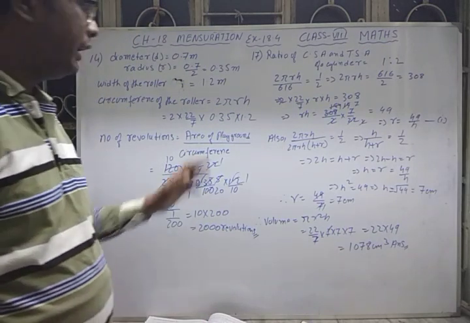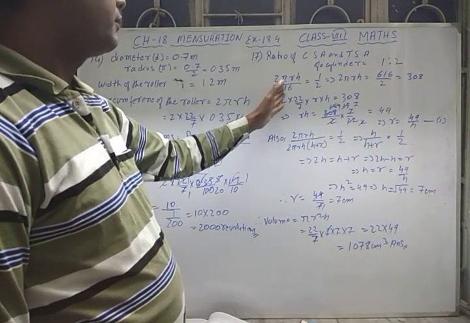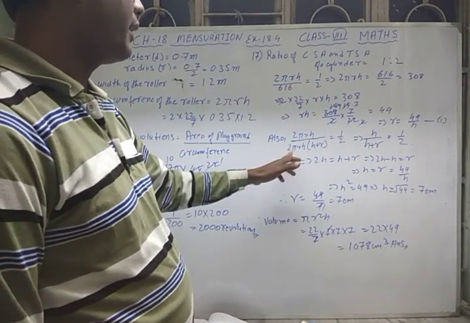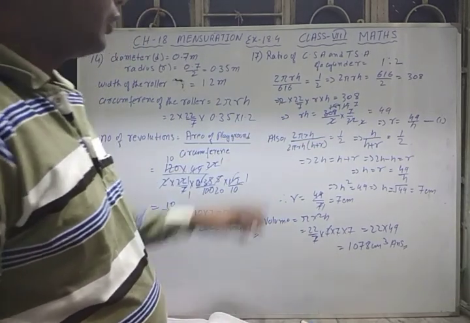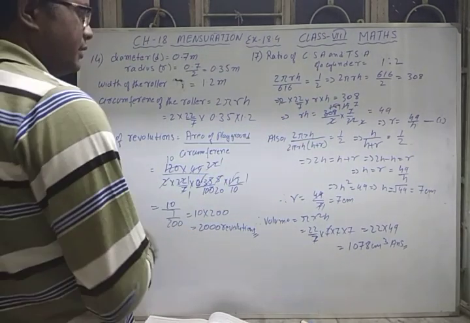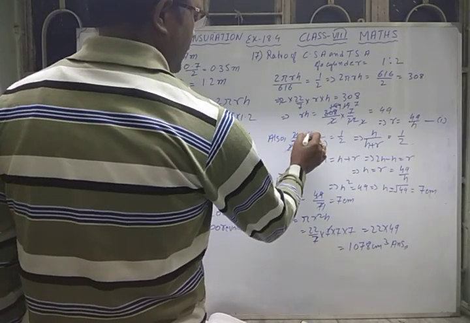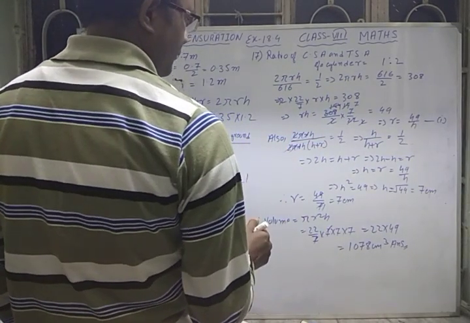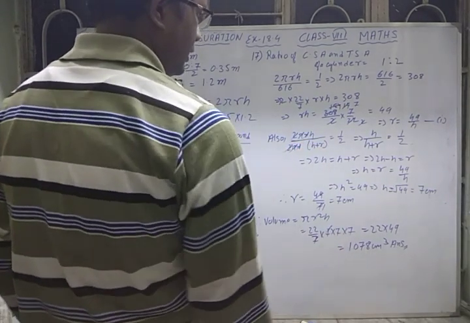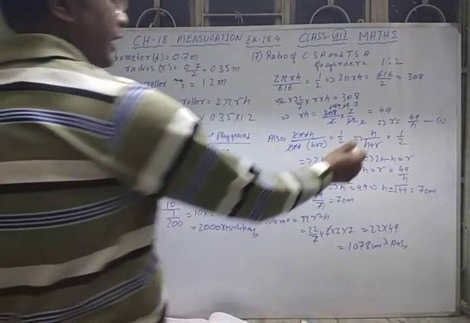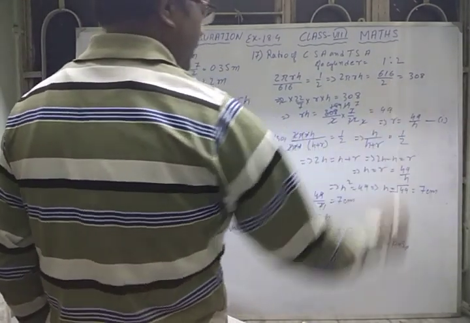Now again we have to use the formula: total surface area is 2 pi RH into H plus R equals 1/2. Now here do the cancellations, very important. See, 2 cancelled, pi cancelled, R cancelled. So ultimately what we are left with is H by R plus H plus R equals 1/2.